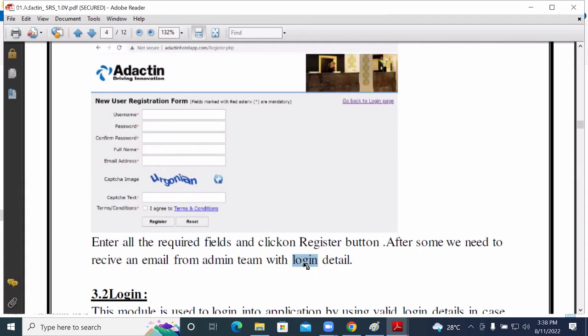login details here. So the meaning is, as part of the tester, we understand that we have to test the functionality of registration. To test this functionality of registration, first we need to begin by launching the browser, entering the URL, and clicking on new user registration. Then that page will be displayed. You will enter all the required details here. Once you enter all the required details, if you click on that particular register button,